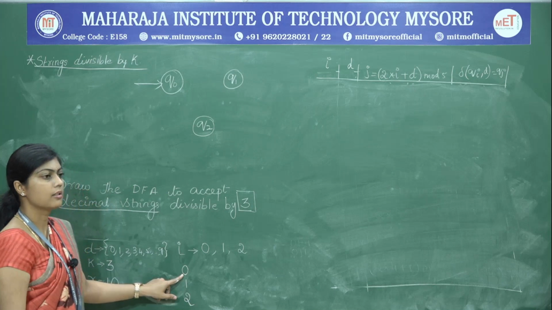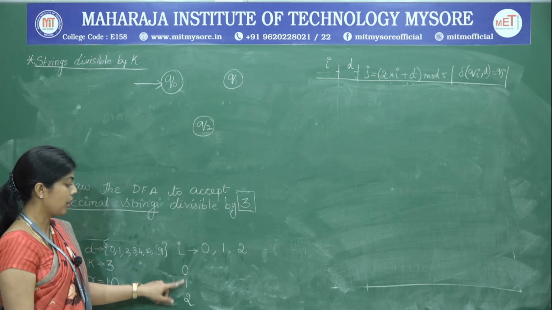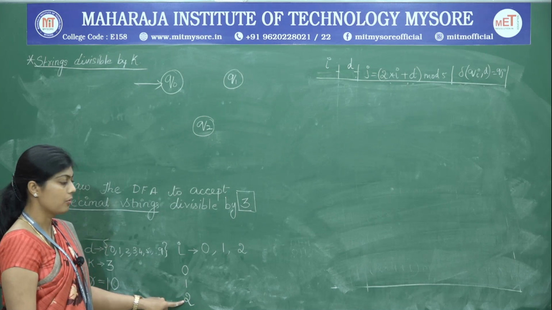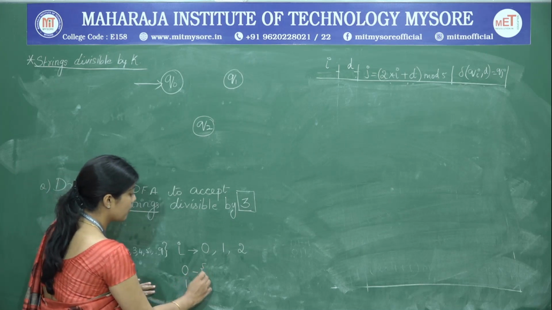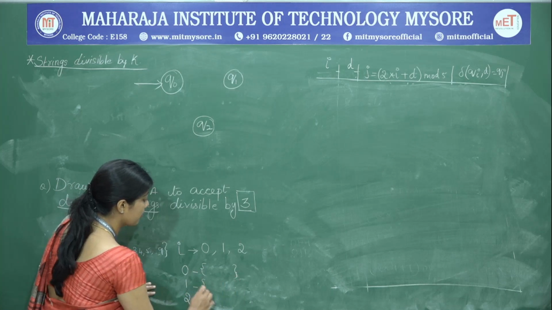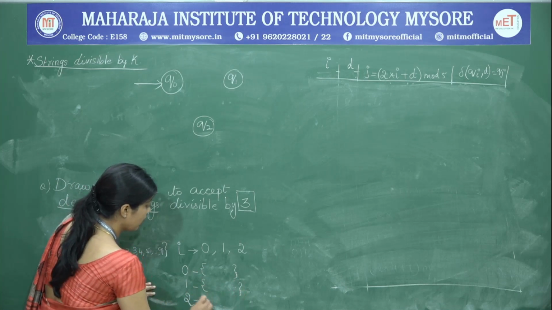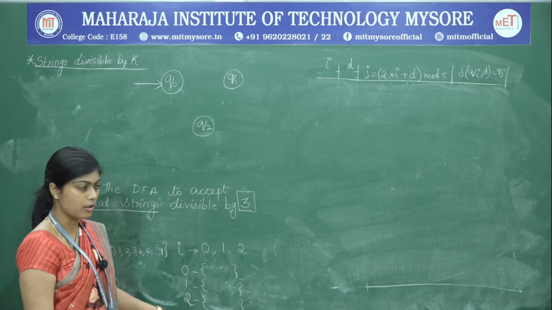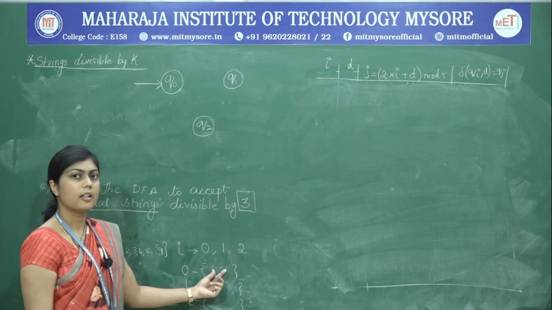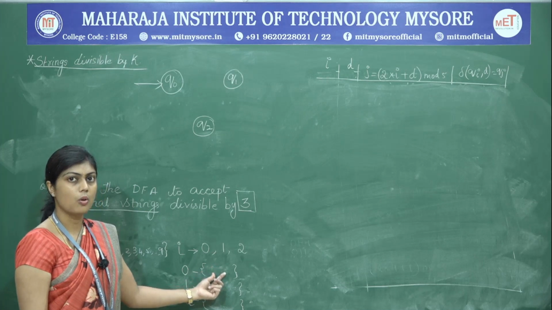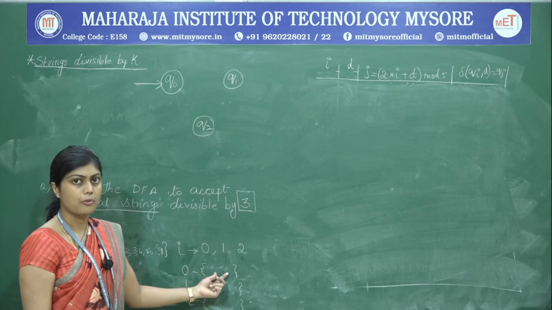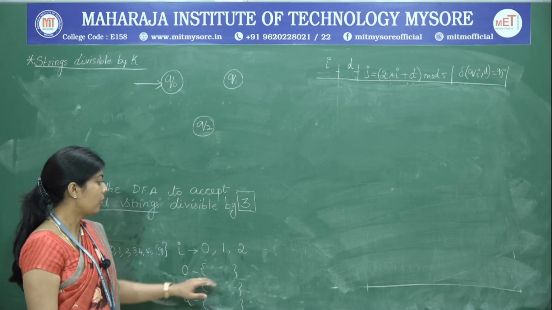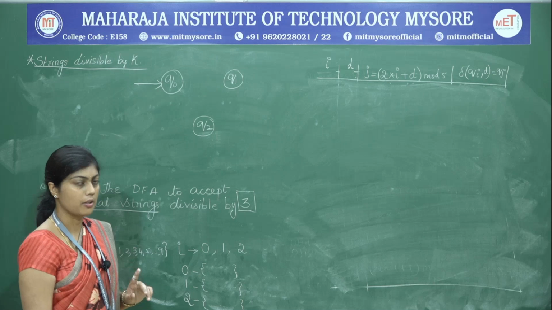The first class is all the numbers that give us the remainder 0, the second class is all the numbers that give us remainder 1, and the third is those that give remainder 2. So we will group the input symbols into 3 groups, so that we reduce the number of transitions that we have to frame, because every digit in a group is going to go to the same destination. Therefore, there is no need to determine them individually. So for one class we can determine one transition.